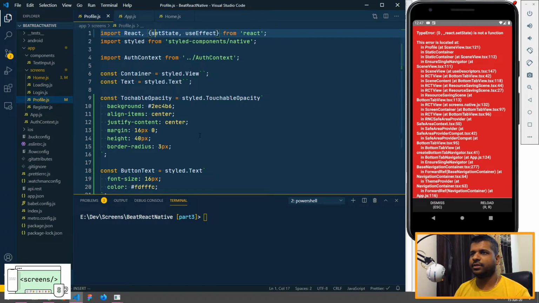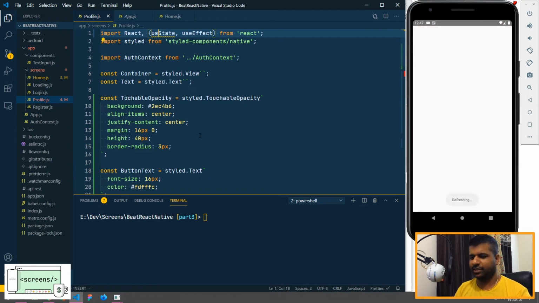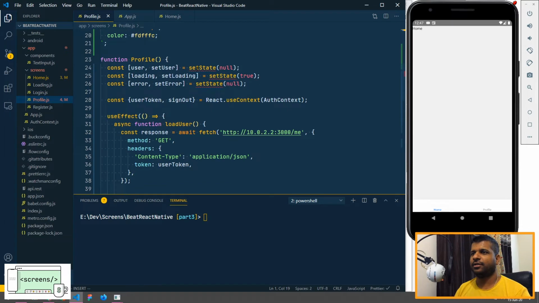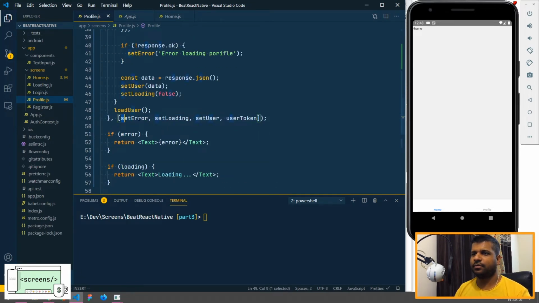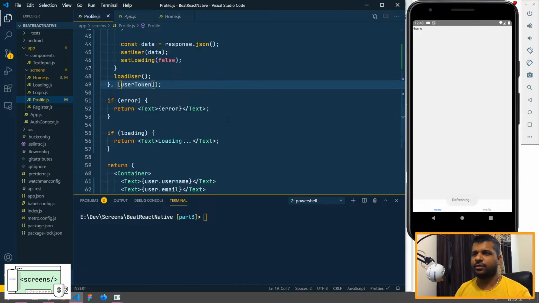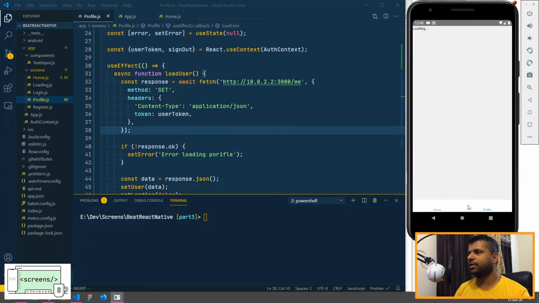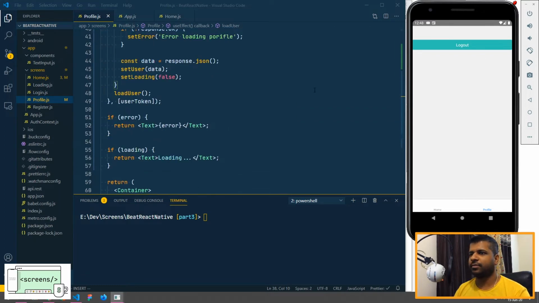So this would be use state rather than set state. Okay, I'll just change it quickly. Use state. Okay, so everything is fine now. So we need to remove these from here. Let's see. Okay, so we have the profile.